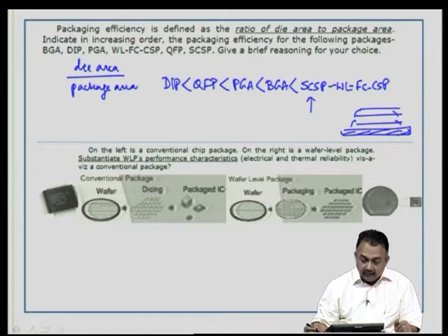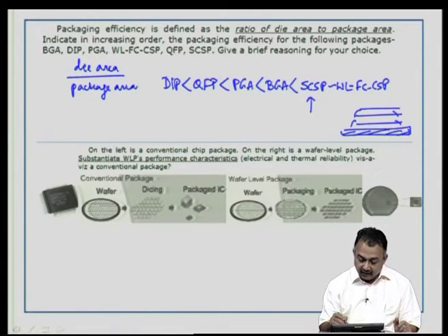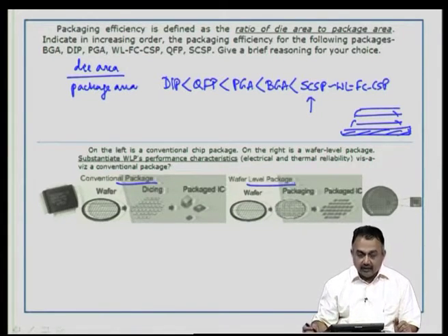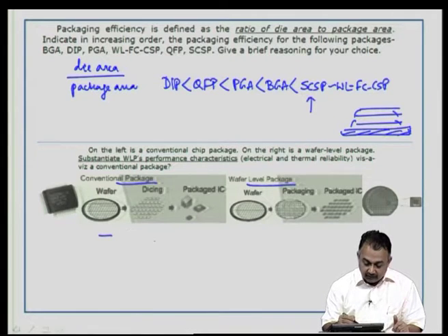Now, the other question that is very important is, you have a conventional chip package and you also have a wafer level package. I have already described the difference between these two. So, basically you must be able to give a few important advantages of a wafer level package over a conventional package in terms of manufacturing, in terms of electrical, in terms of thermal issues and in terms of material issues. So, you can try to answer this question at your own leisure, but keep in mind the issues like process parameter,